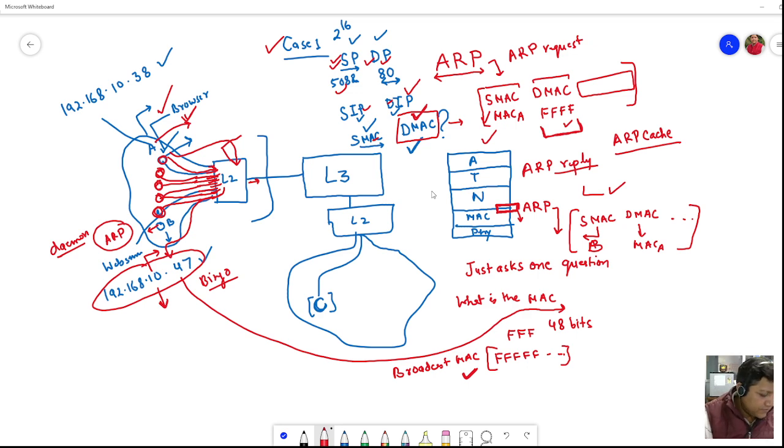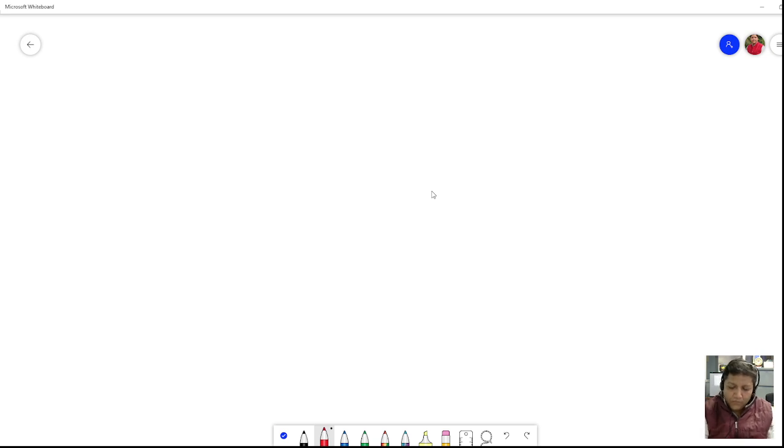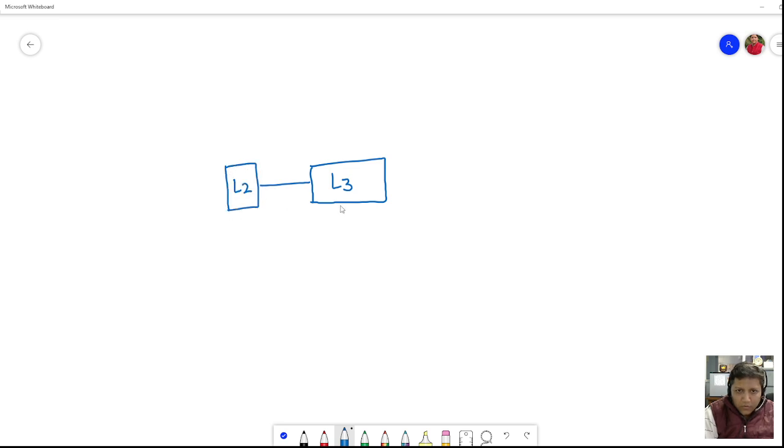Now let's take another case. Let me draw the topology again. Let me draw the L3, then L2, again one L2. So there are nodes. Suppose this is our first subnet. There is one machine